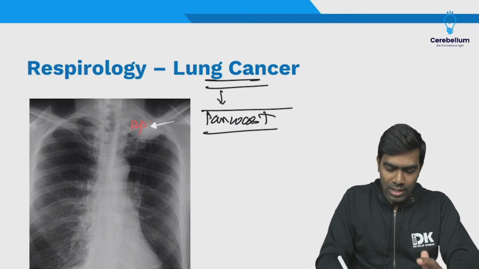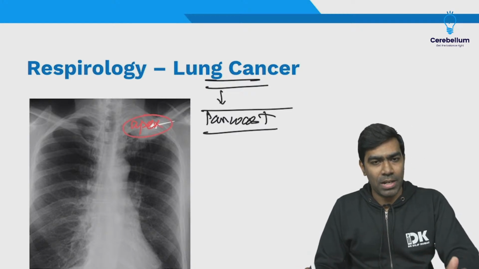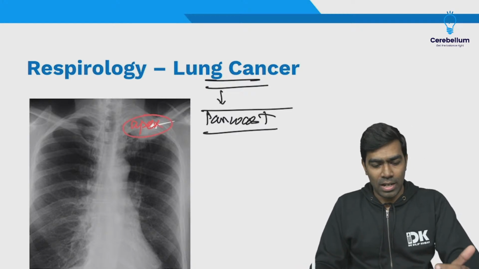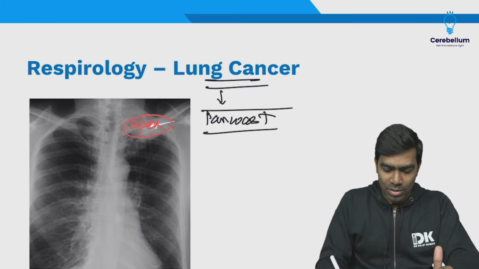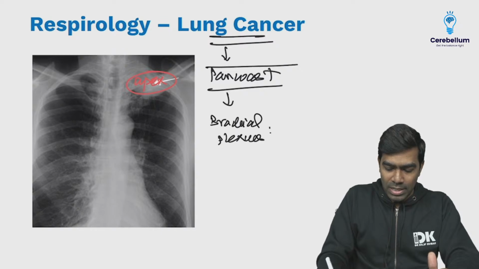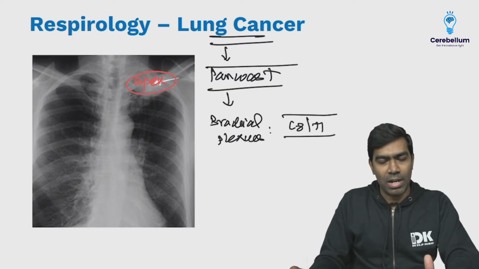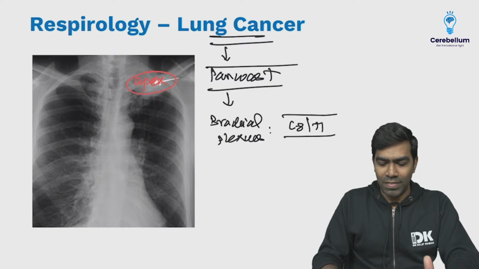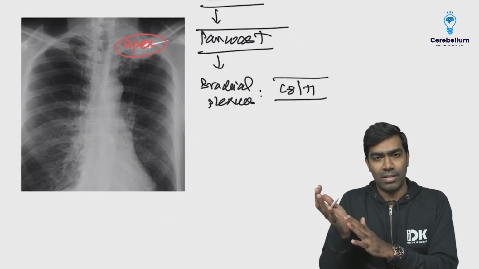It's going to occur in the apex of the lung. It's an apical lung tumor. This apical lung tumor, which is a typical squamous cell cancer, sometimes can cause plenty of problems. It can involve the brachial plexus, especially the lower roots of brachial plexus, especially the C8T1. That area can be involved, and it can cause wasting of small muscles of the hand, because the small muscles